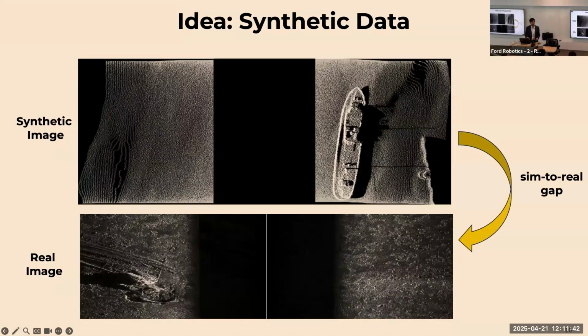Namely, the terrain patterns might not be as diverse, and the objects' scattering might not be realistic either. So given that side-scan sonar captures a high diversity of environments, there might exist a sim-to-real gap that networks need to address in order to generalize from synthetic data to real data.